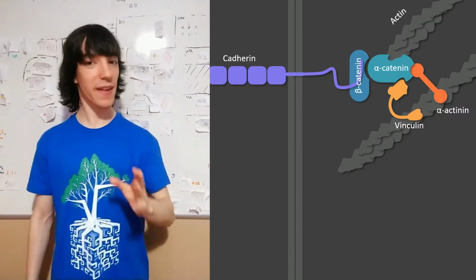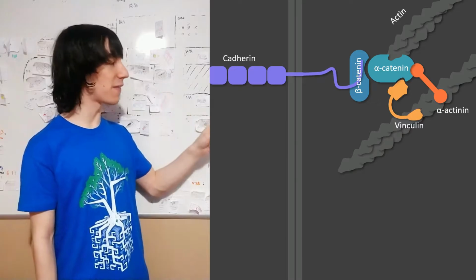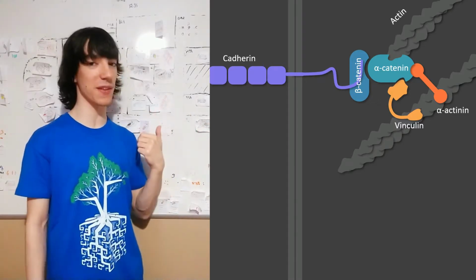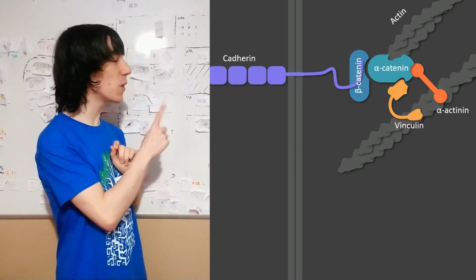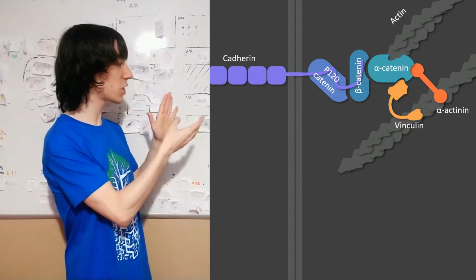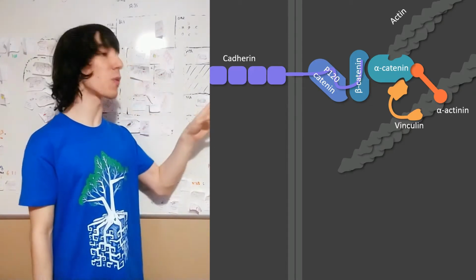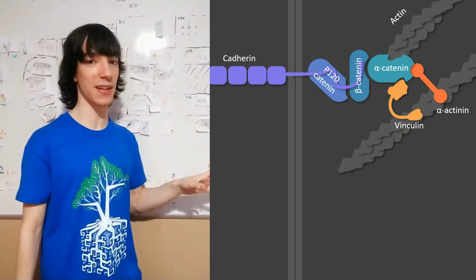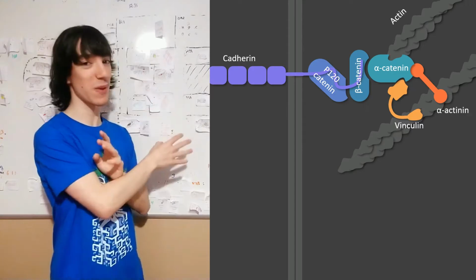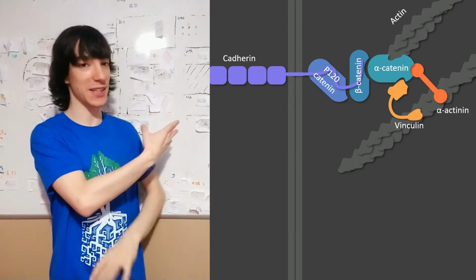And we can go even further. We have mentioned two catenins, beta-catenin and alpha-catenin. But there's a third one involved in cadherin adhesion. That is the P120 catenin. It binds to the cadherin and it does so closer to the membrane than the beta-catenin. It doesn't interact with alpha-catenin or other proteins like that, so it's not as important, and some books and professors decide to not mention it to make things easier. But if you want to learn about it, there it is.